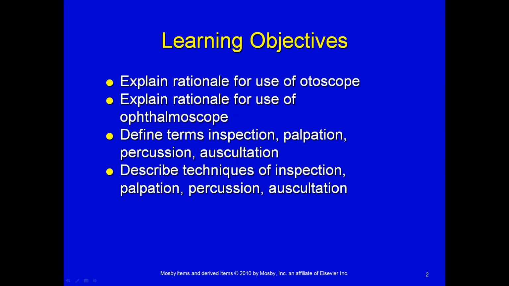We're going to explain the rationale for the use of an otoscope and an ophthalmoscope. We're going to define terms like inspection, palpation, percussion, auscultation, describe the techniques of inspecting, palpating, percussing, and auscultating, describe trending of assessment components, explain the value of trending the assessment components to other healthcare professionals who assume the care of the patient, describe methods used to locate and assess a pulse, differentiate locating,